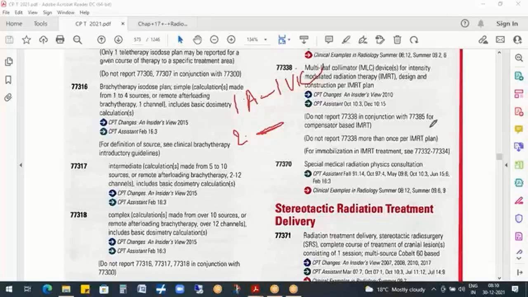If CT, MRI, MRA is performed, what are the key terms we need to look for? The physician performed it with contrast, without contrast, or without followed by with contrast. What is the meaning of contrast? A dye material used to examine a body part. If the dye is administered into the body through oral or rectum, we need to code by default as without contrast. If the administration of dye is through needle, then we can code it as with contrast.